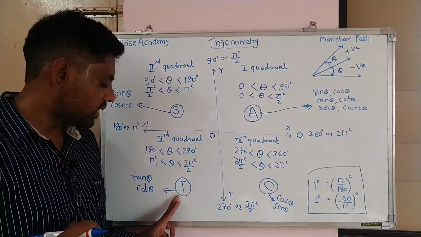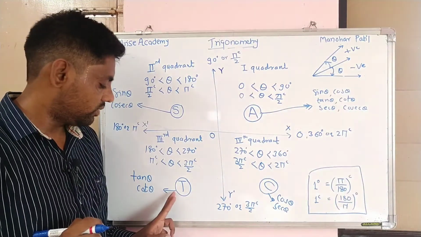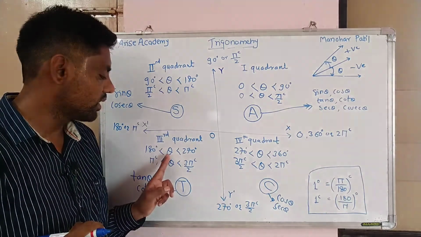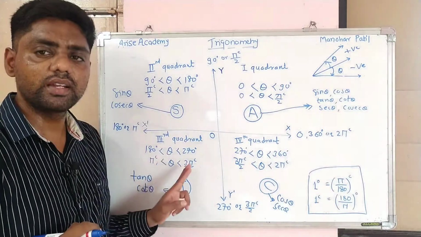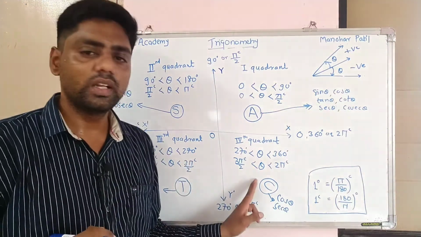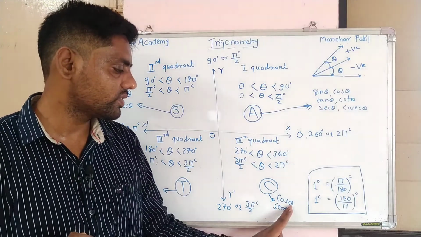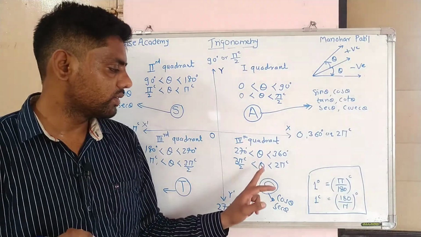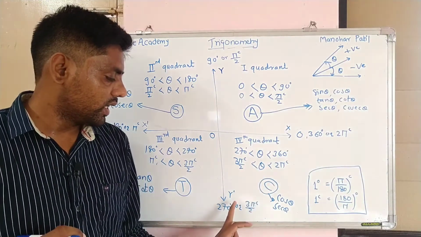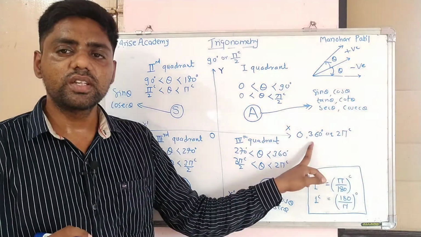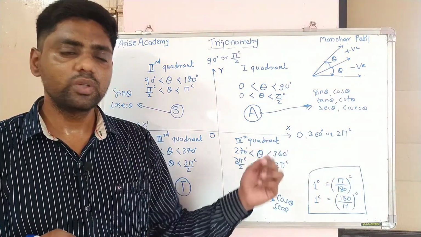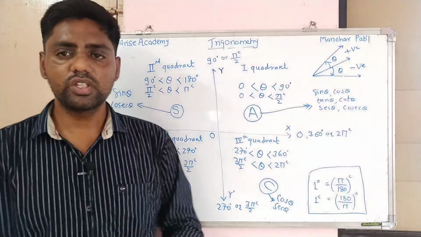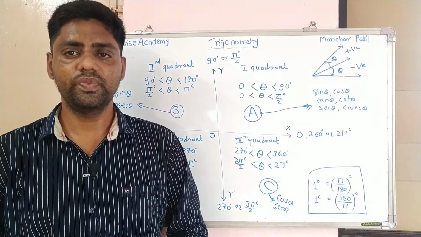In the third quadrant, the values of tan theta and cot theta are positive and the remaining are negative, and theta is greater than 180 degrees and less than 270 degrees. And for the last quadrant, the values of cos theta and sec theta are always positive and the remaining ratios are negative, and theta is greater than 270 degrees and less than 360 degrees. And for the conversion of degree to radian, the formulas are given here, so you can write them and study how to represent an angle in the quadrant form.